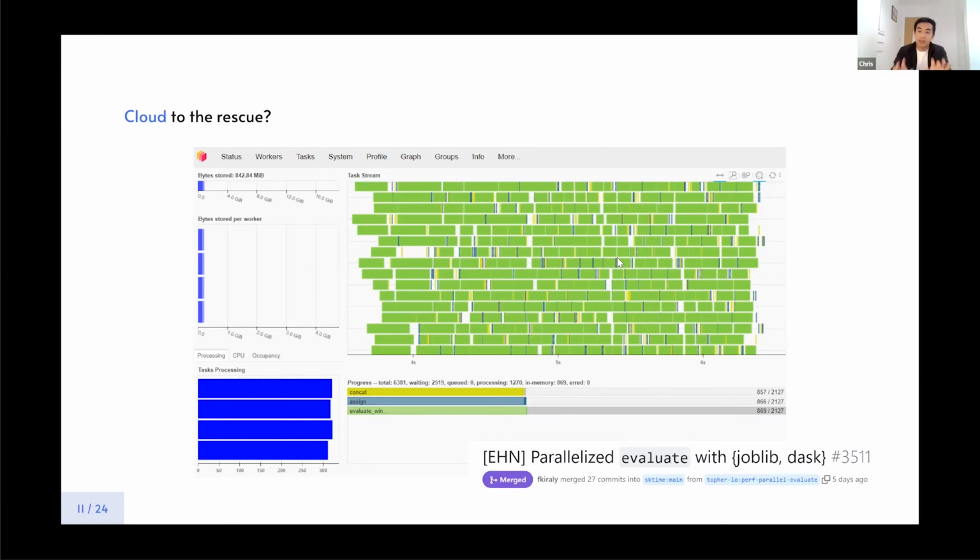But even in this case, I want you to pay attention to the white spots in between each green task. You can see that these white spots still exist. And what are those white spots? Those white spots are your communication costs. The cost of transferring data, the cost of serializing and deserializing data. So it's very important to remember, even if your problem is,